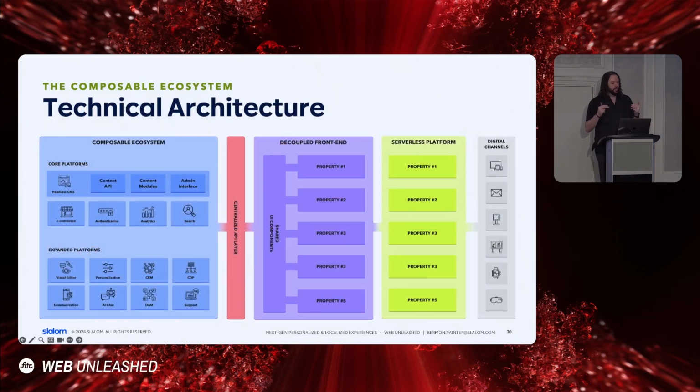If we do a double click down, this is more of a technical architecture detail, where we have what we call the composable ecosystem, where obviously you get the CMS. If you're commerce, there's e-commerce that you can plug in, authentication, insights, search. You can do the visual editor like Contentful Studio, layer on personalization, CRM, CDPs, you name it. There's a bunch of platforms that fit so nicely in this ecosystem that are cloud first and API first, where